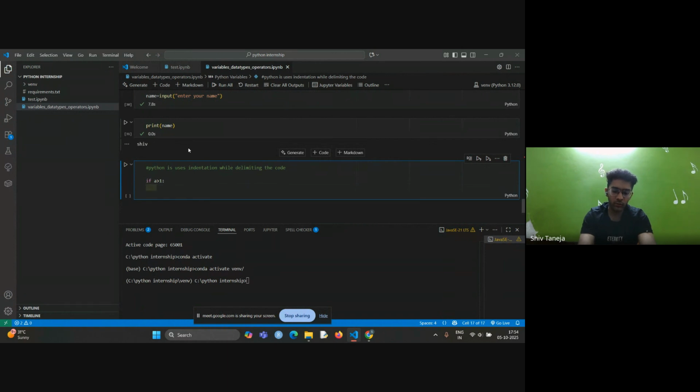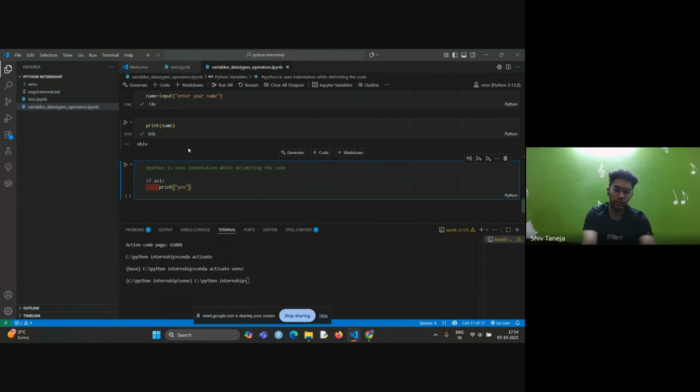Basically, when you use Java or any other language, you have to use braces and put the code inside them. The entire code inside the braces will be your section of code that will run differently. But in Python, it will not tell you to use braces, but instead it will be using spaces. If I use one tab, and then another space, and then I print